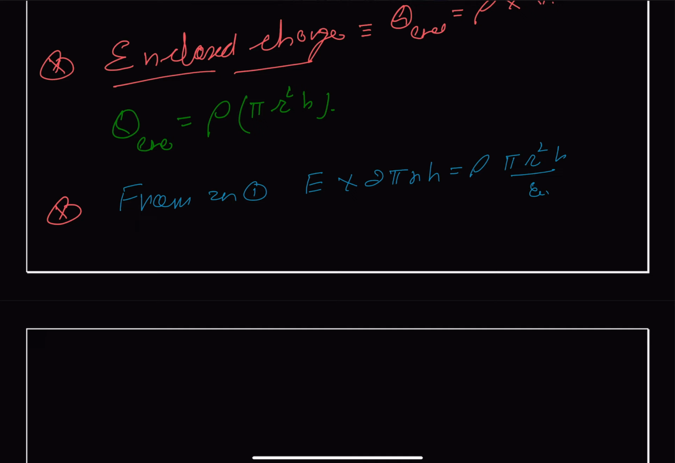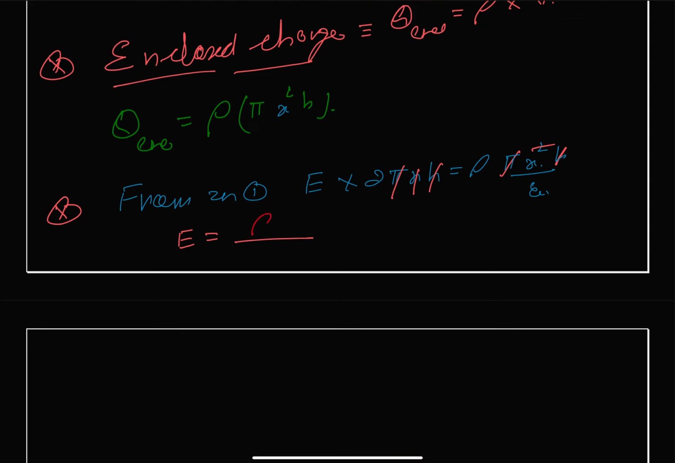and pi h, sorry, here it is not r, it is x, and here also x, and x and this square cancel out. Therefore we get our electric field is equal to